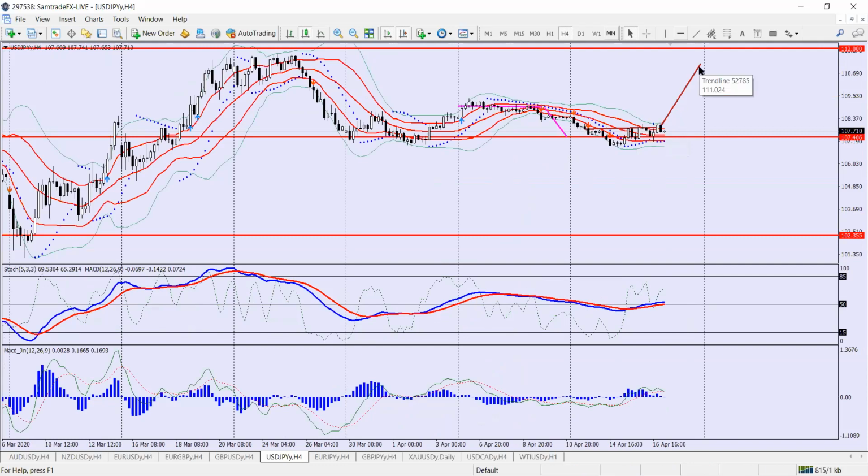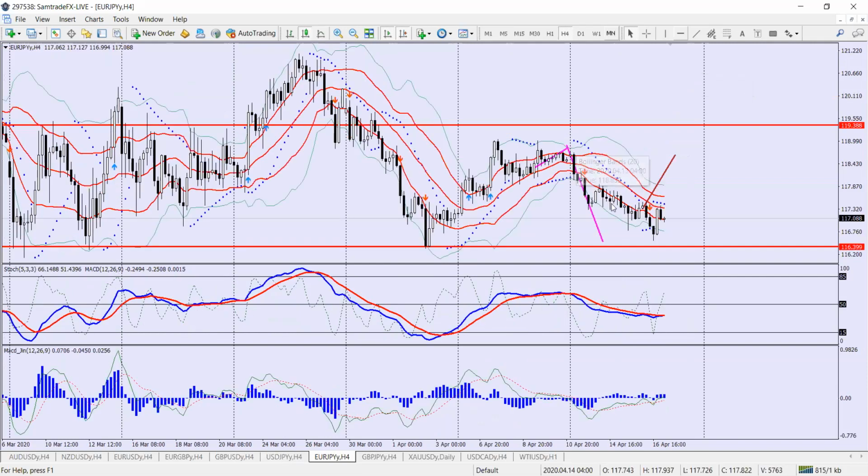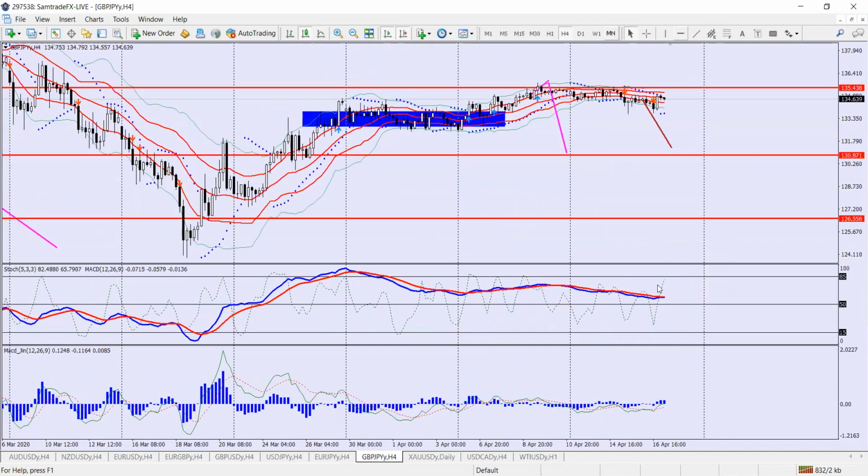Is it going to move higher? Let's look at what's going to happen in terms of the US dollar. Are they going to be a little bit stronger at the end of the week as people close up positions? Possibly not, but we could see some move upwards. Let's see what happens in terms of the yen. The euro yen hasn't done anything either. It just dropped a little bit, tested the support level, and came back up. I'm really repeating myself. Everything has just dropped a little bit or gone up a little bit before sitting in that range again. Pound yen pretty much sat across.